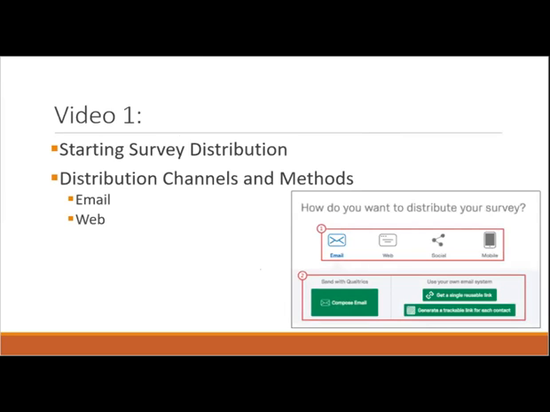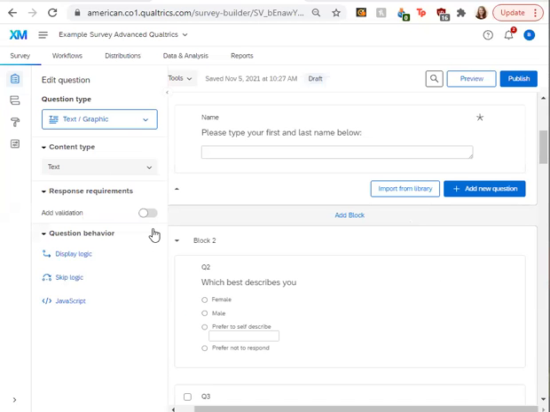Okay, so we're going to open up Qualtrics now. Okay, now that we have got Qualtrics pulled up, and just to make clear, this workshop assumes that you've already created a Qualtrics account and have had some experience with making a basic survey. So if you need help with creating an account through your AU credentials or creating a survey in general, please see the earlier workshop videos to get yourself started with that.